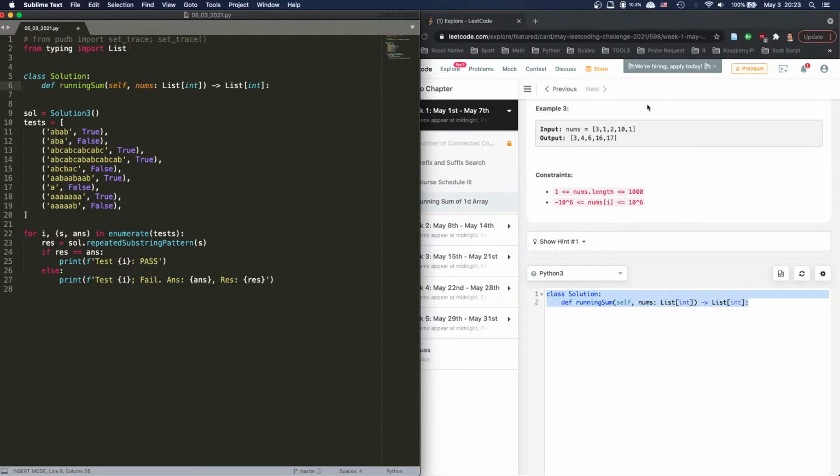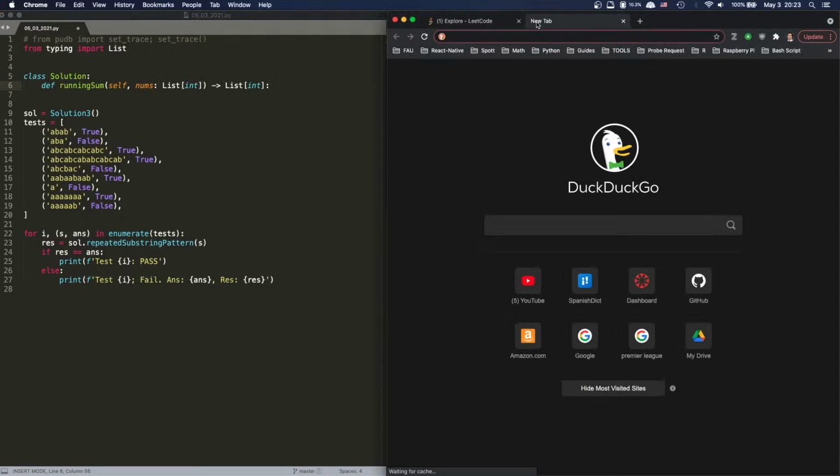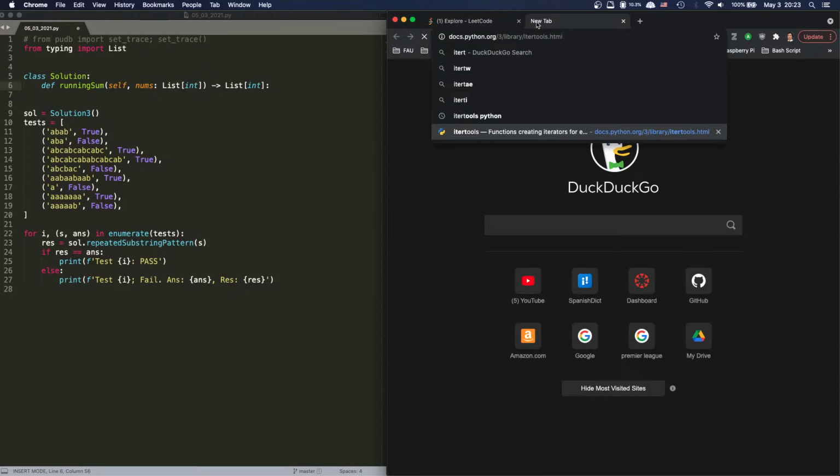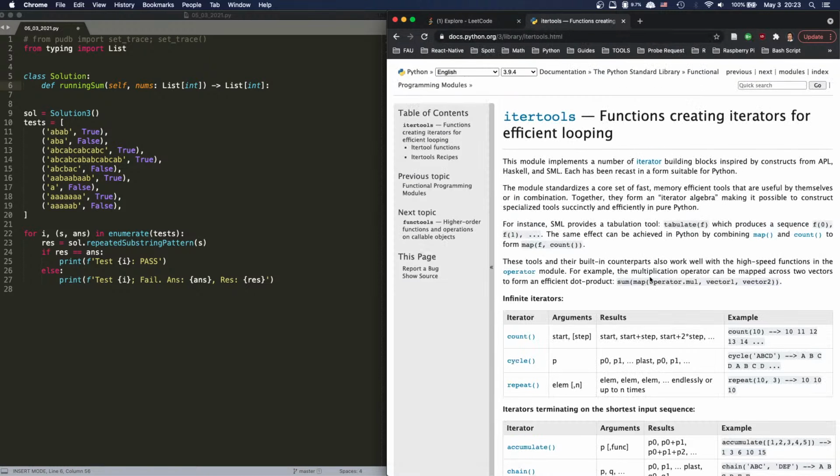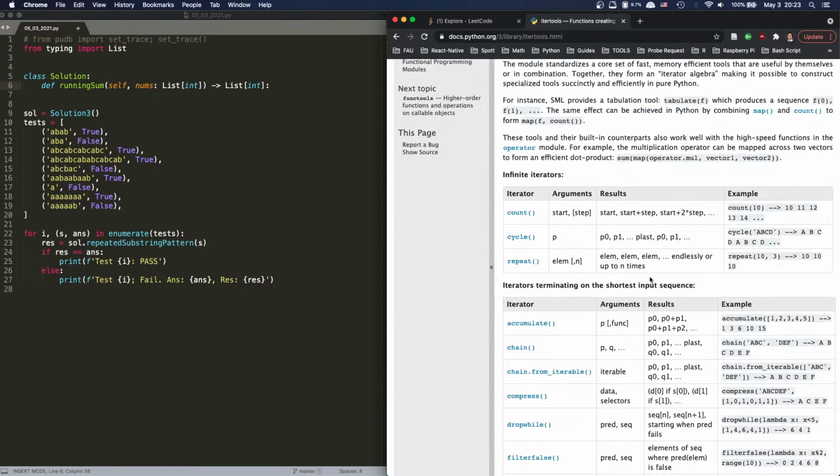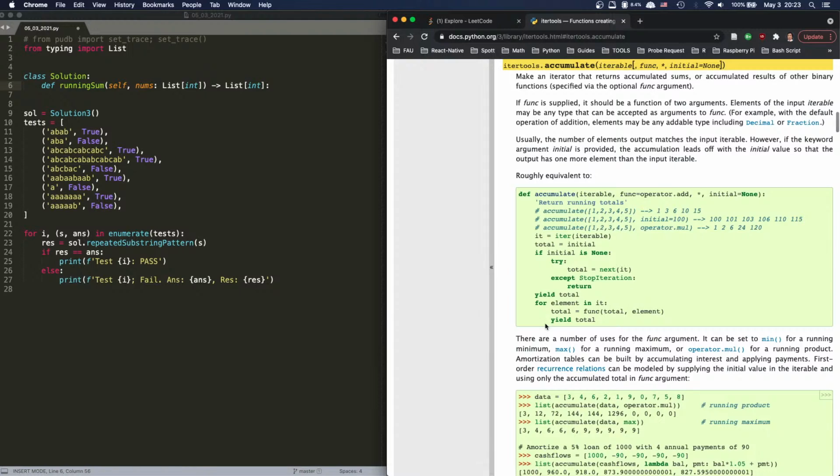Yeah, I think itertools has something like this. Let's take a look. Itertools. I think it has cumulative sum. It has accumulate, right? Yeah, it has accumulate, and what does it return? It returns an iterable. So we just need to